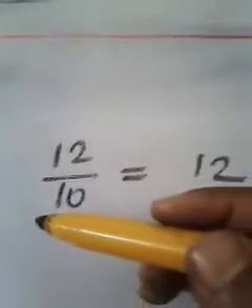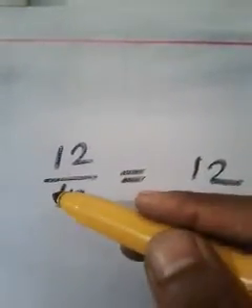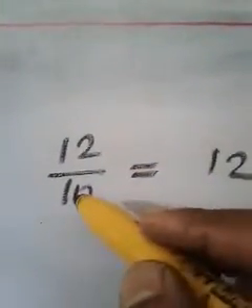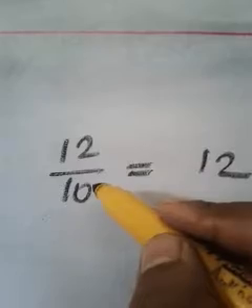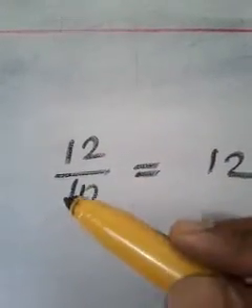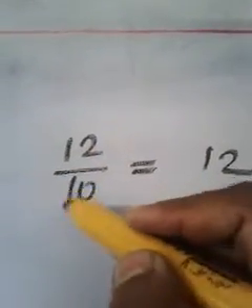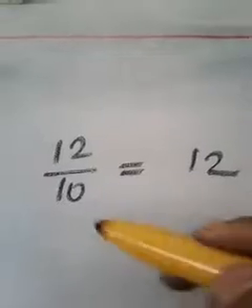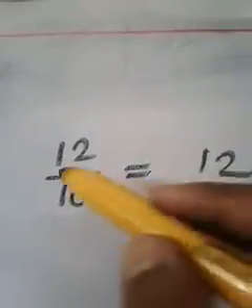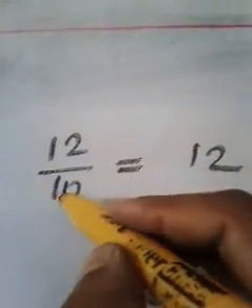This is the method we can use when we divide by 10, 100, 1000, lakh, 10 lakh, etc. This is the only case where we can use it: when we divide a number by 10, 100, 1000, etc. After the one, the remaining digits should be 0. First digit should be 1, then the remaining digits should be 0, then only. So 12 divided by 10. How can we write it? Just write the numerator as it is. And how many zeros are involved here?